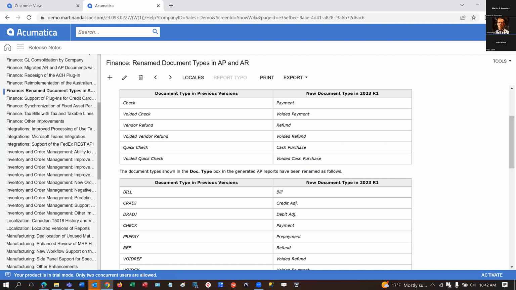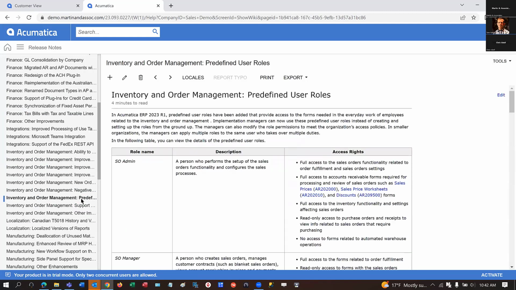Next up would be some of our improvements to user roles. If you're a customer who's worked with the Martin Associates team, you know that Acumatica comes out of the box with a number of predefined user roles, starting all the way up at admin, all the way down to viewing level roles. And those user roles did a great job of covering accounts payable and accounts receivable